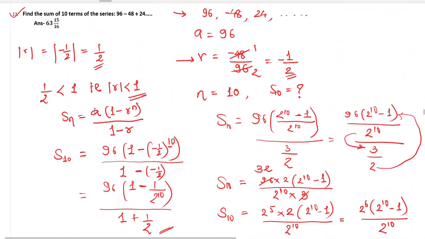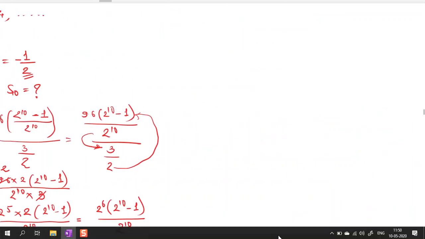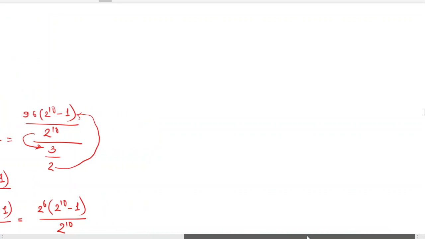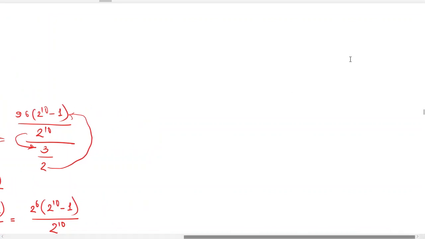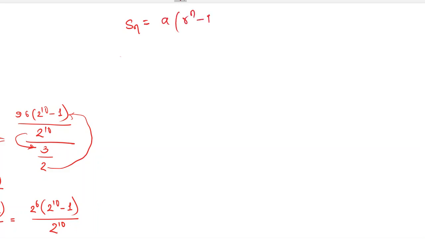Now you must be wondering, what if we use the third formula, case 3 formula? Could we still get the same answer? Let's try and check. If we use the formula for case 3, what would have the answer been? Okay, now the formula for case 3 is S of n is equal to a bracket r raised to n minus 1 upon r minus 1. This is the case 3 formula.